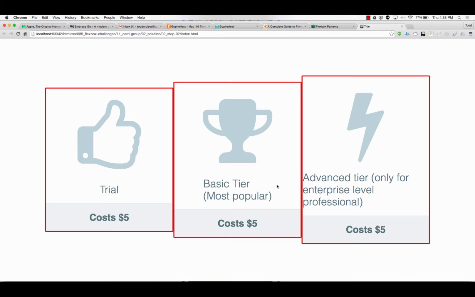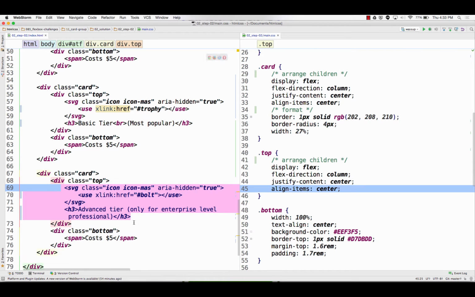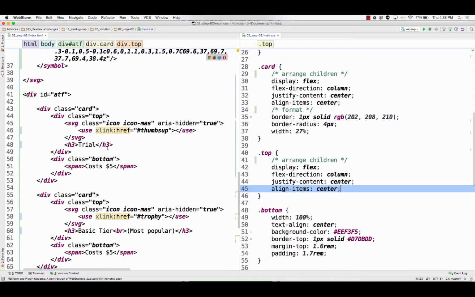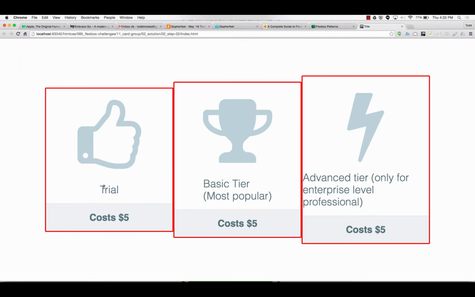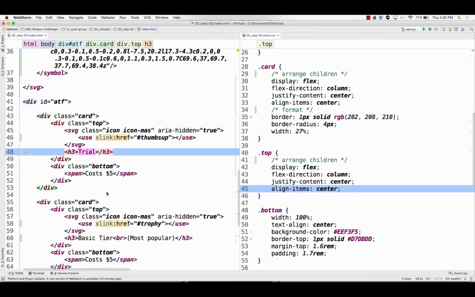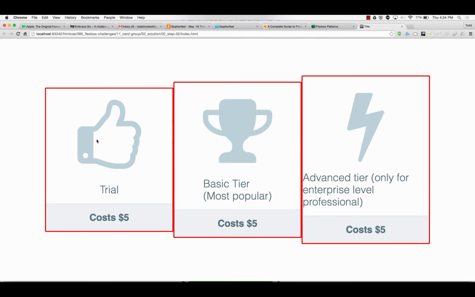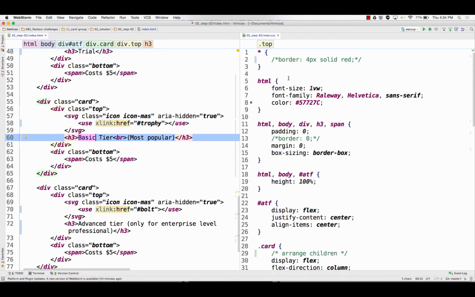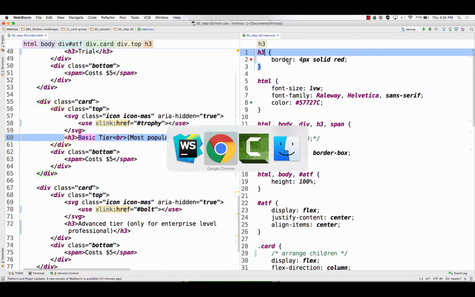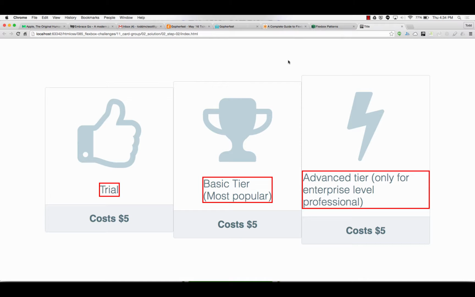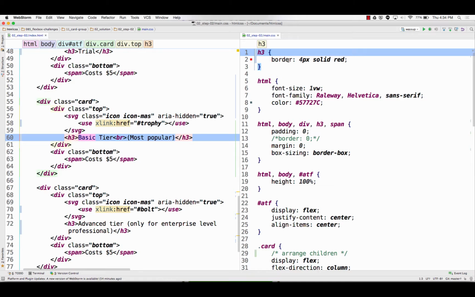So the first thing to fix would be, let's center this text. So that H3 right here got centered. Trial, that looks good. But this one, basic tier, most popular, it's kind of left, right? And advanced tier, it's all the way to the left. So let's drop on H3 and see what H3 looks like. Just barely holding what it contains. So I think the first thing we need to do